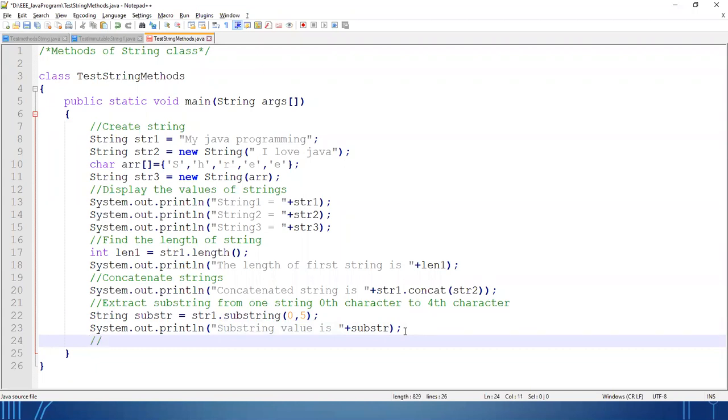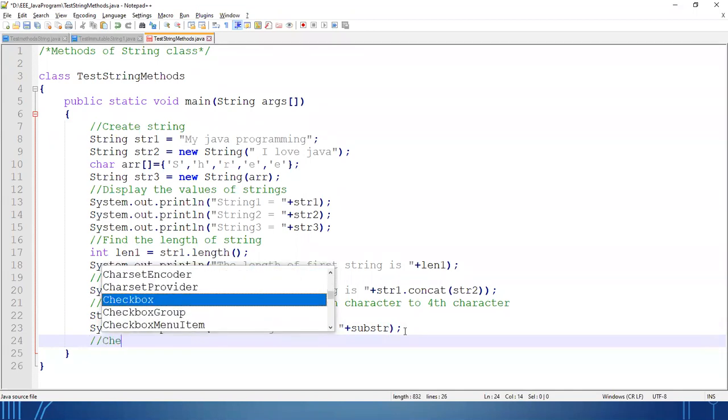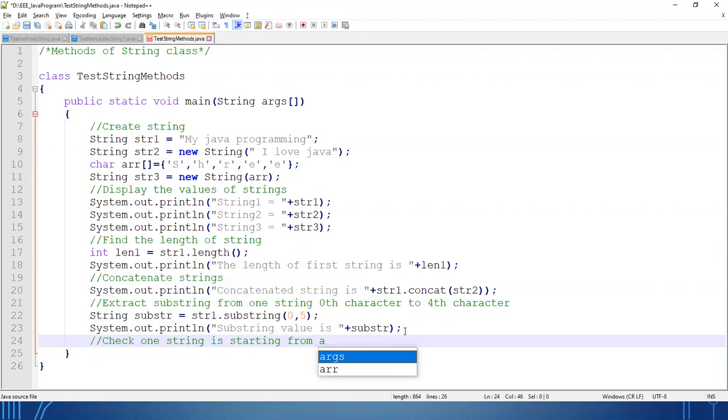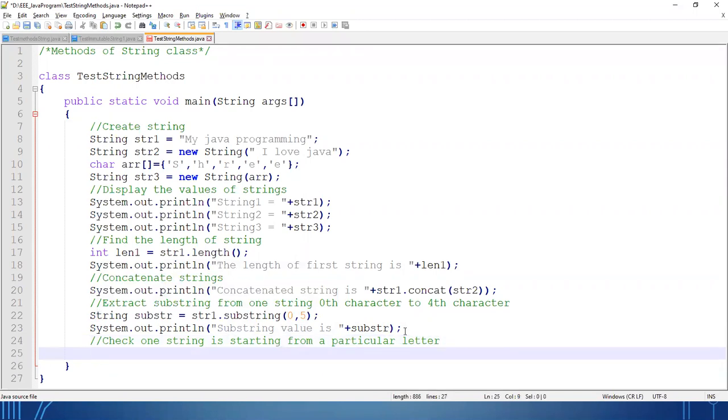So let's do one more thing. I have to check one string is starting from a particular letter. Okay, so how to check this one? Clear?